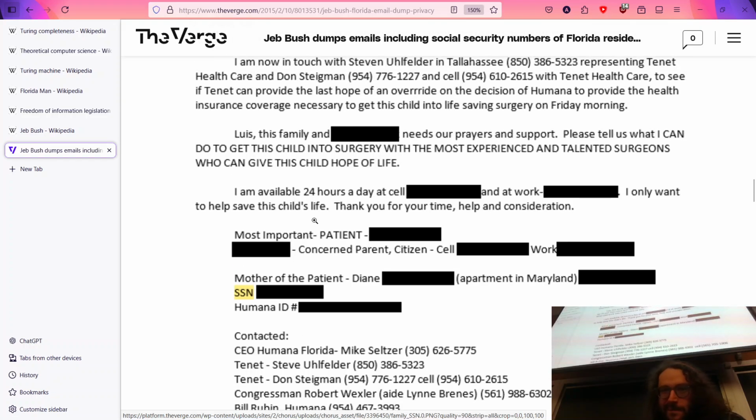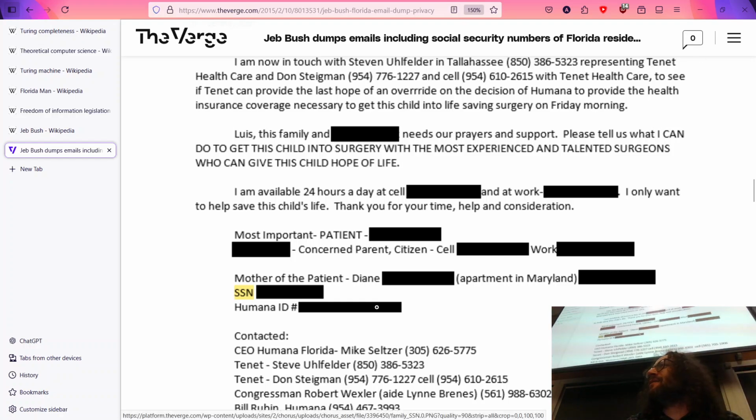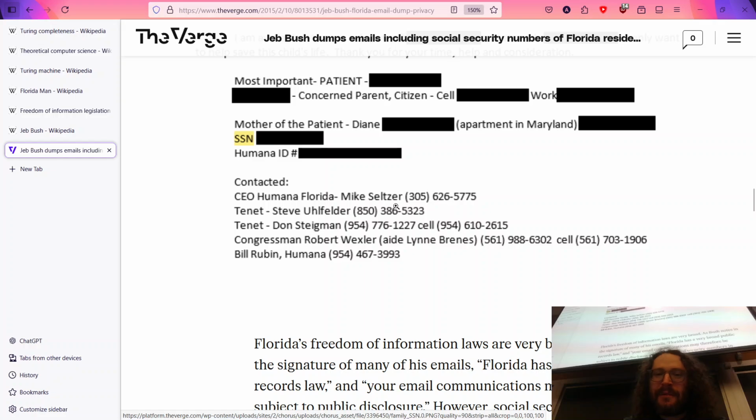So again, social security number of this patient, of the mother of this patient included here, their health insurance ID, which is probably less identifying, but, again, cell phone numbers here, which, not necessarily the worst thing to harvest, but still, kind of annoying. Right, whereas these kind of public numbers are not, because again, these are business things that you could look up pretty easy.